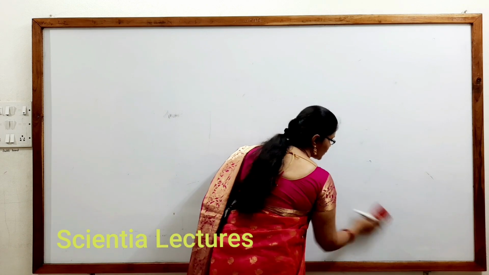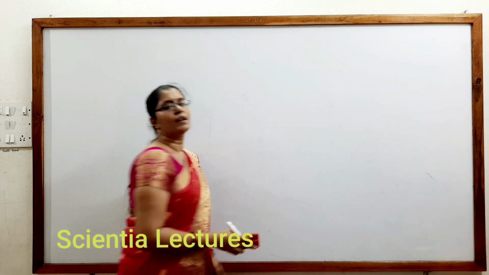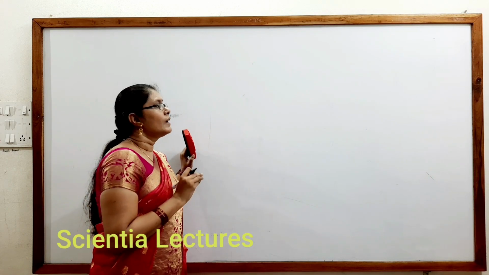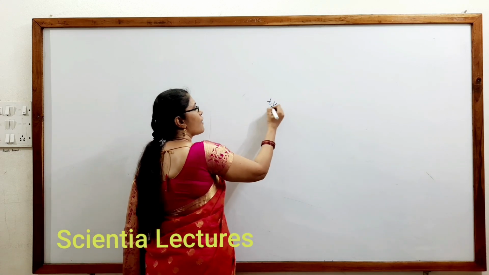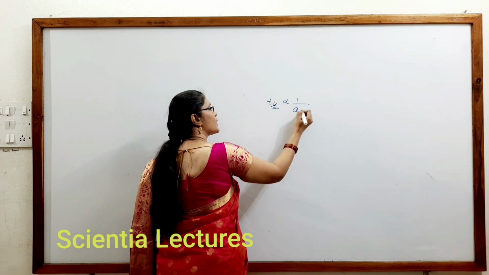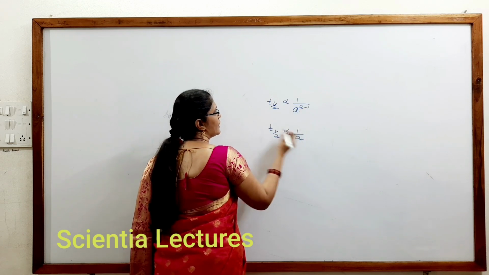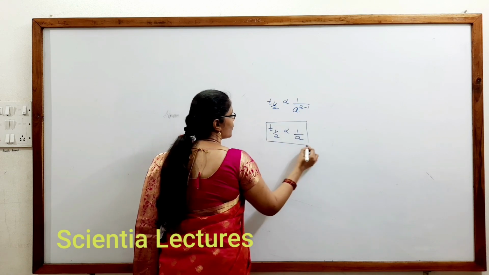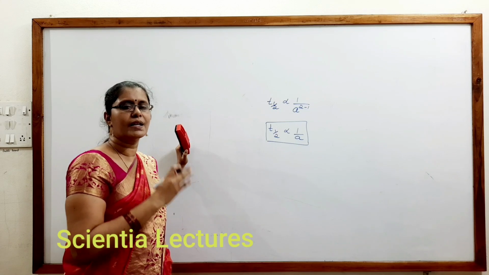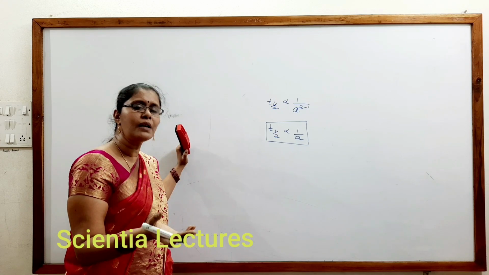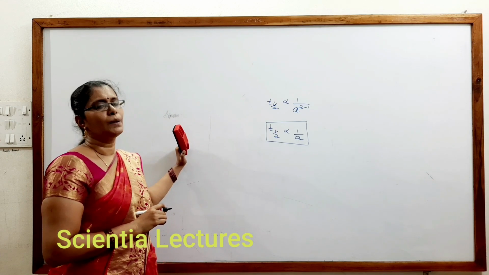So this is the unit of rate constant of a second order reaction. Now let us see the examples of second order reaction. Its T half or any time period is inversely proportional to a power 2 minus 1. So half life, T 40% or T 80% of a second order reaction is inversely proportional to the initial concentration. That is, if initial concentration is doubled, its time period will be halved, because they are inversely proportional.